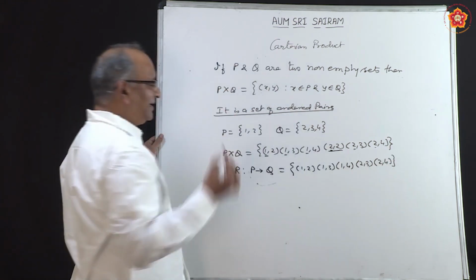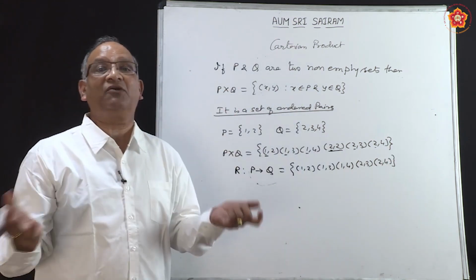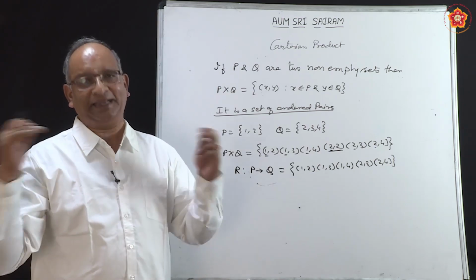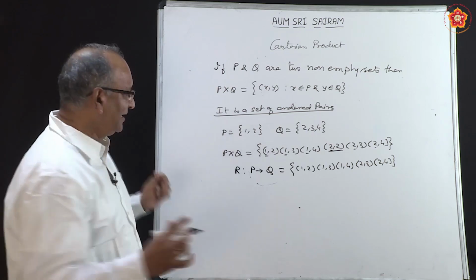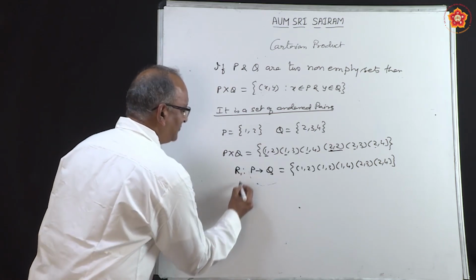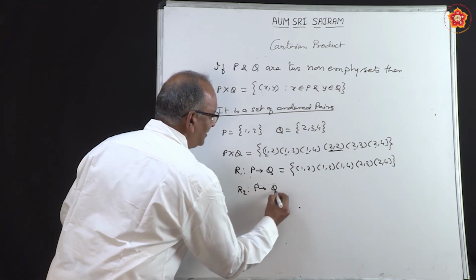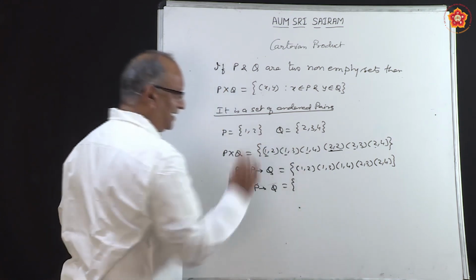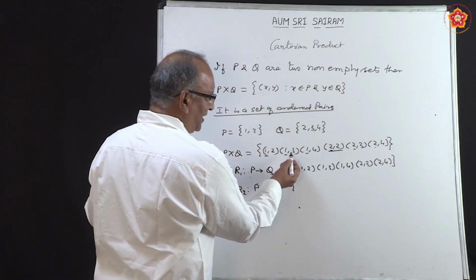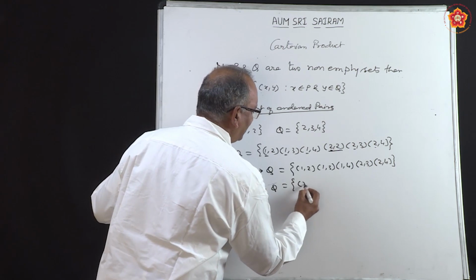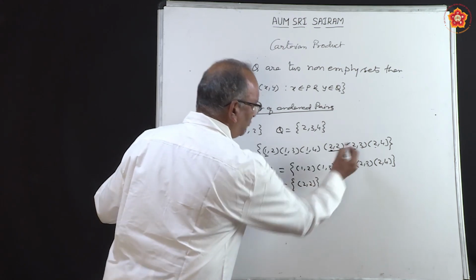See, somebody else can define a relation by saying is equal to. What do you mean by that? The first element is equal to the second element. So, if you define that relation, let us say we call it R1. Now, let us say the second one we are calling from P to Q only, but now we are saying is equal to. So, this will not be part of it, this will not be part of it, only this will be part of it. Only 2 is equal to 2.